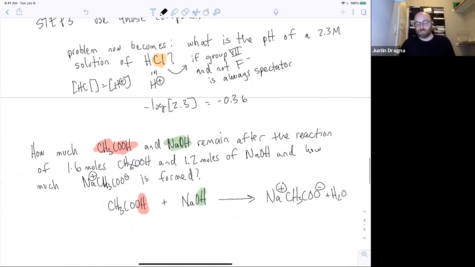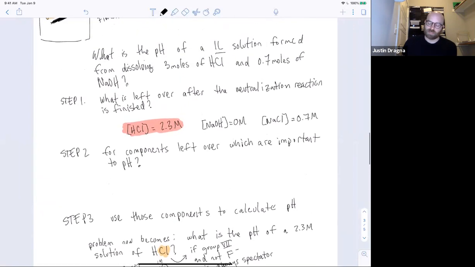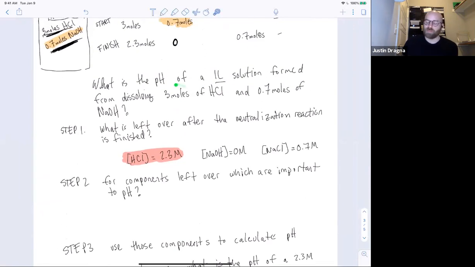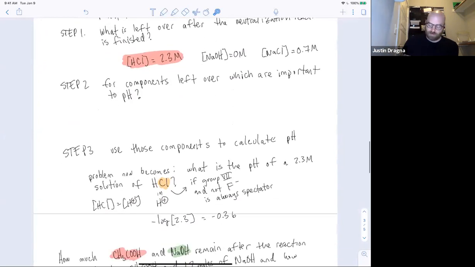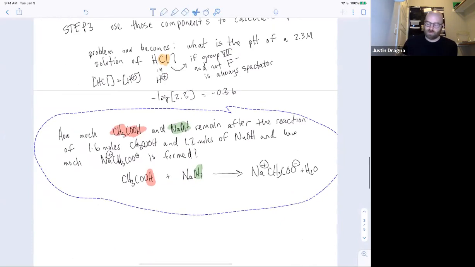So I'm giving it to you to keep things simple. I'm putting things in terms of moles. Let me come back up here and look at this. I'm saying I've got 3 moles and 0.7 moles, and I dissolve them in 1 liter, or I bring the solution up to be exactly 1 liter. So you know that everything is 1 molar because you're setting the volume at 1 liter. If you take 2 things that are different concentrations and different volumes, then your problem becomes a little bit more of a pain. So if I were to say take 500 mils or 1 liter, let's say I had 1 liter of